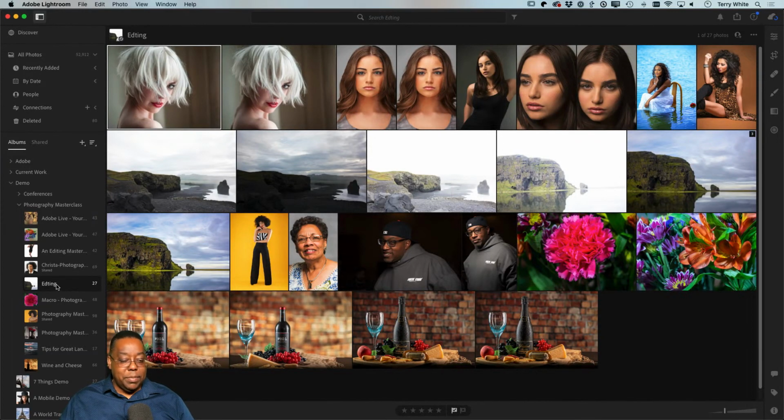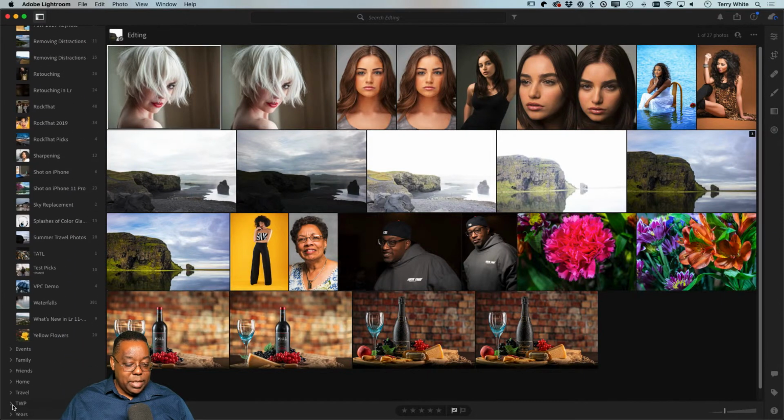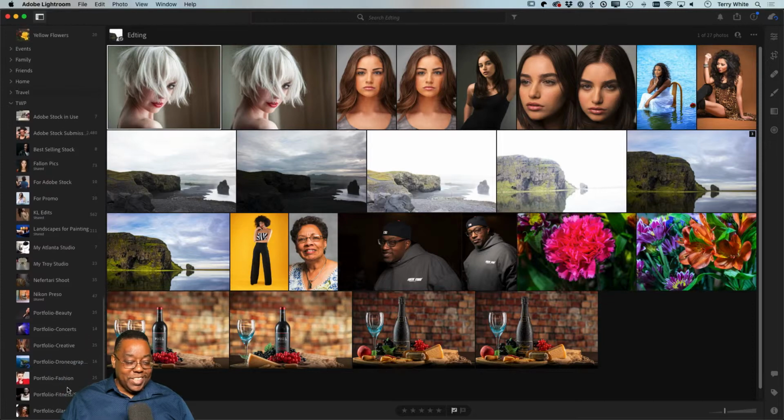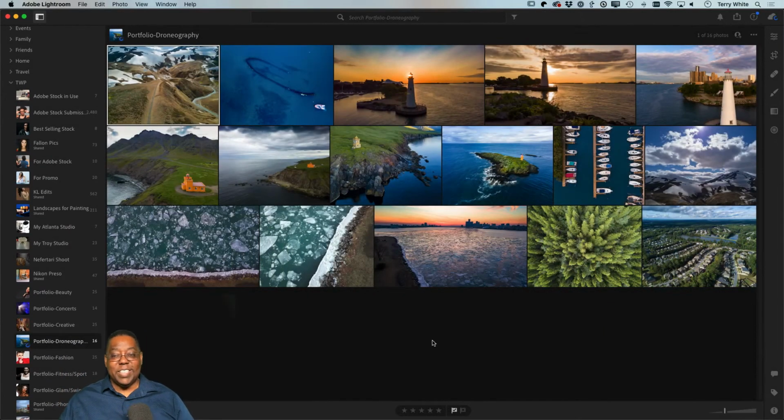and in Lightroom, I've got the same album, by the way. If I go down and find it, it's in my TWP folder, and it's the album called Dronography, and there it is. So same images. Now, again, even though I'm in Lightroom on the desktop, which can have full resolution, where did these images come from? They came from Classic in the cloud. Therefore, even in Lightroom on the desktop, these are still smart previews because that's what originally got synced up to